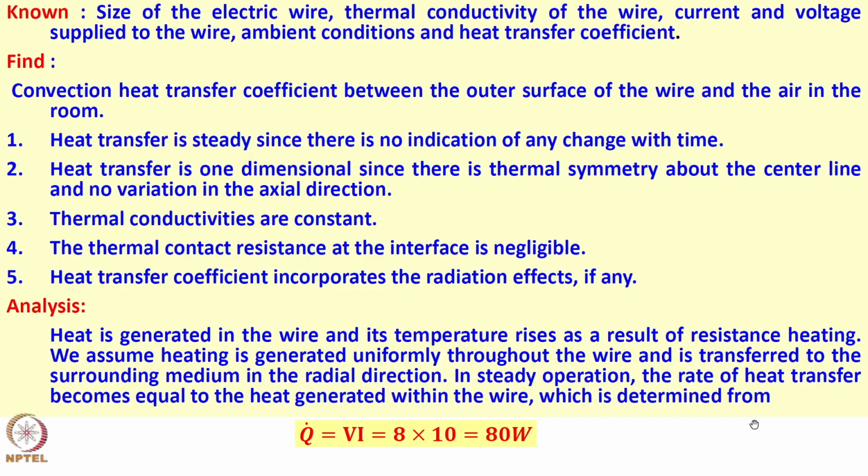So, steady state operation, this is the first assumption. Heat transfer is 1D in radial, you have to write these things, you have to get into the habit of writing these things. Steady state, 1D conduction in radial direction, constant property is thermal conductivity, negligible contact resistance, and radiation effects if any are neglected, or you can say what is said here, heat transfer coefficient incorporates the radiation effect. So, at steady state, Q is equal to Vi, which is 80 watts, whatever is coming by generation has